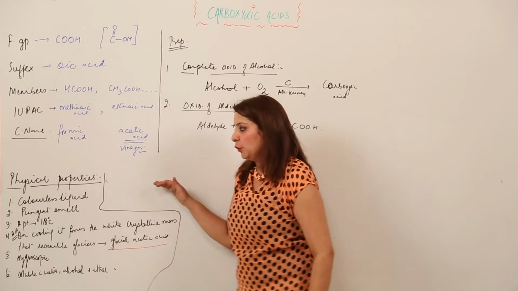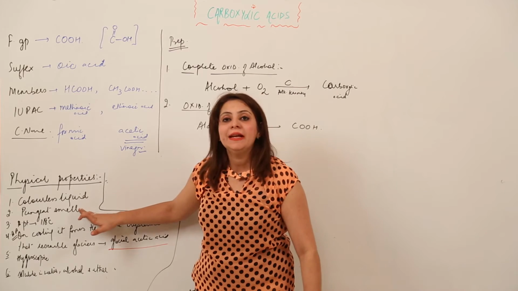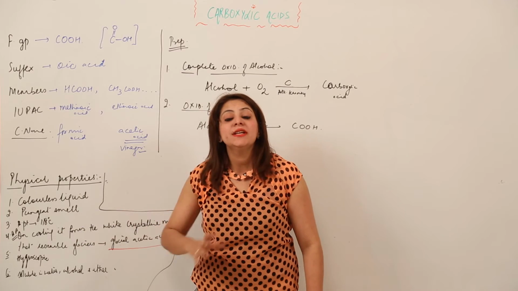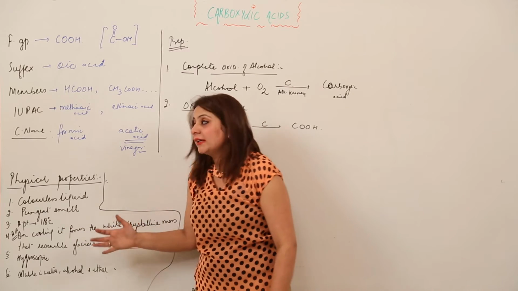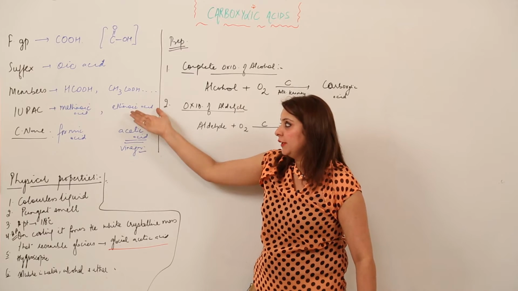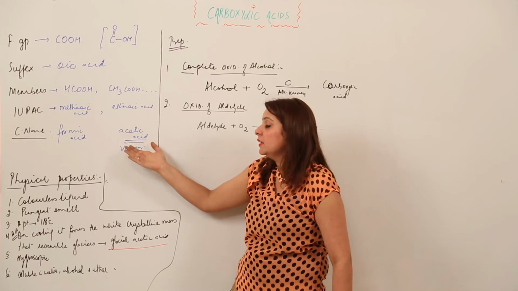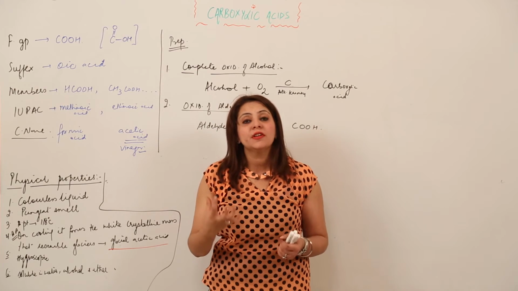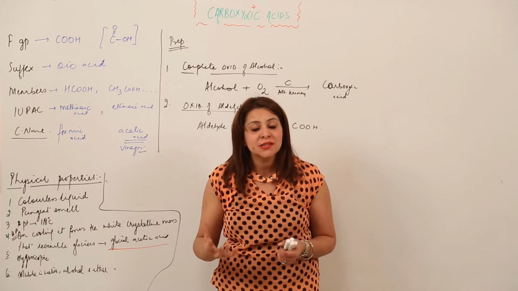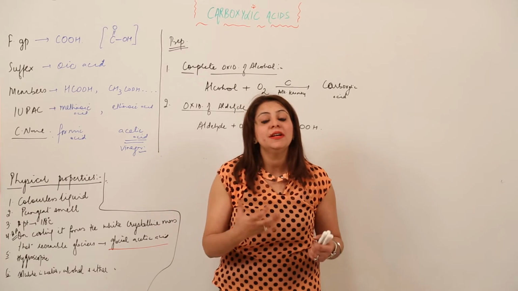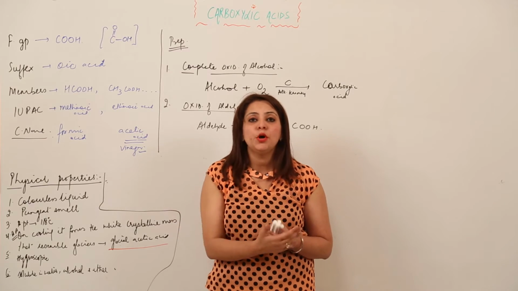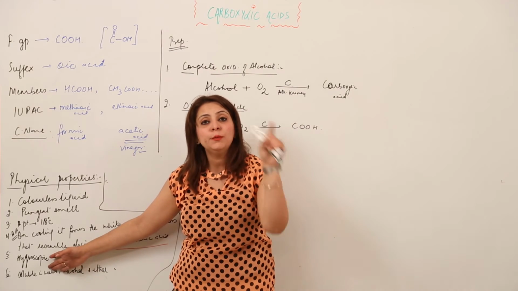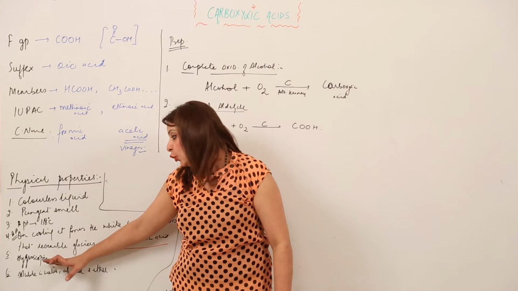Now coming to the physical properties, carboxylic acids are all colorless liquids, and they have a pungent smell, and their boiling point is 118 degrees Celsius. And its member, the member of ethanoic acid, that is acetic acid, when further cooled, freezes to form a crystalline white mass which resembles glaciers. That is why it is often called glacial acetic acid. It is very important, you get this question for 1 mark. And moreover, it has a property of making a film of water around it. So we can say it is hygroscopic in nature.